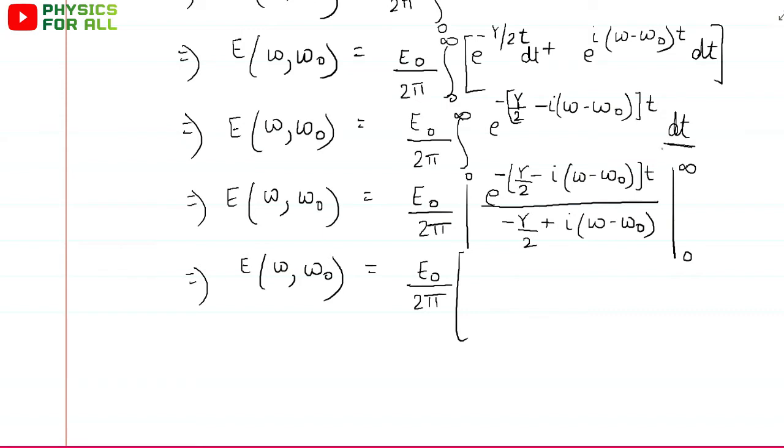Now see, all these limits we have to put in place of t. So one time t would take the value infinity, another time it would take the value 0. Since infinity is the upper limit, this becomes e raised to power minus infinity minus e raised to the power minus of 0. So even if I am writing minus of 0, that means 0 upon denominator as it is.